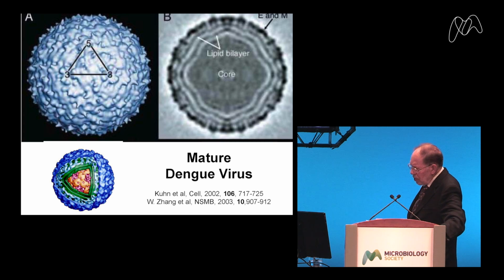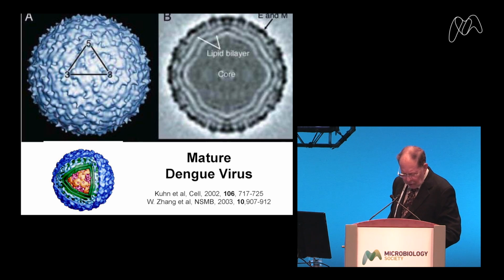And to do this, we assumed icosahedral symmetry. In the icosahedron, as you've seen, there's an asymmetric unit, which is shown in outline here. There's actually also a twofold axis at that point. And if you know the structure within that icosahedral asymmetric unit, by virtue of the icosahedral symmetry axis, you then know the rest of the virus. Taking a cut through the virus, or diagrammatically, you can see the double layer here in green, the lipid bilayer, and the core inside, and the glycoprotein on the outside. So this is what a flavivirus turned out to look like.